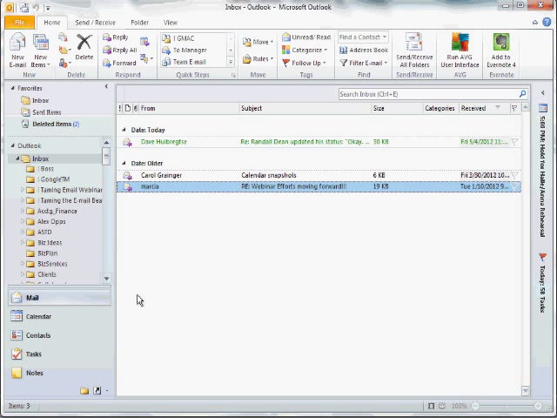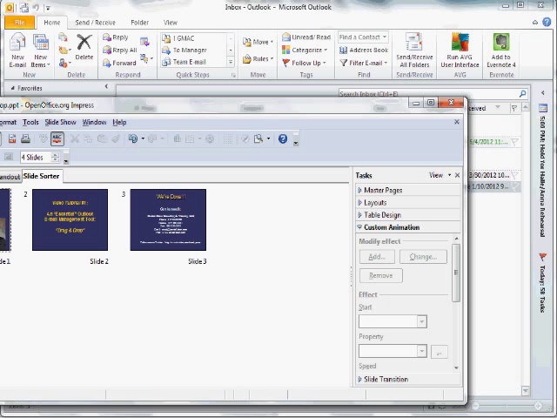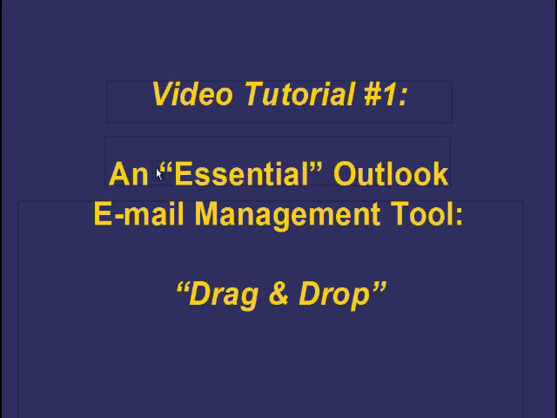And that's one of the things I strongly recommend that you practice with and start using in your Microsoft Outlook 2010. I consider it perhaps the most essential tool in Microsoft Outlook 2010. And so, with that, I'm going to say very quickly, this is one of the best tools you can have,